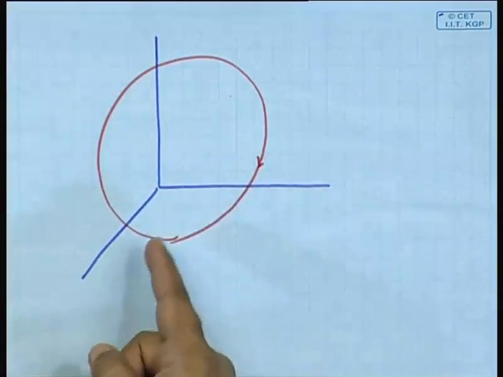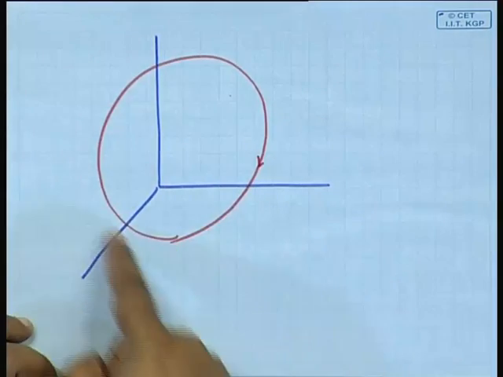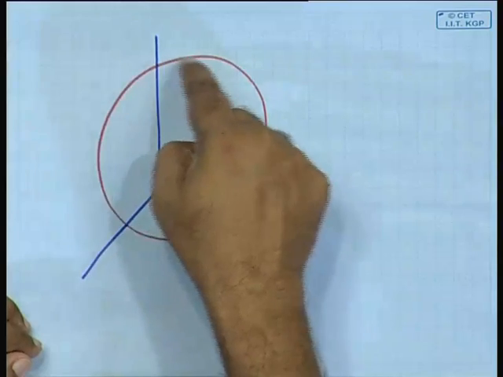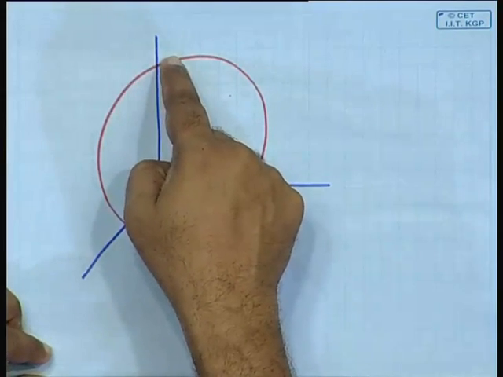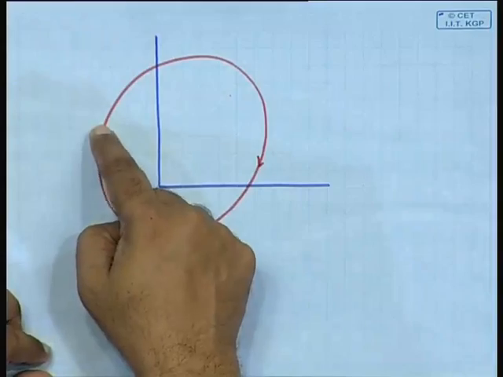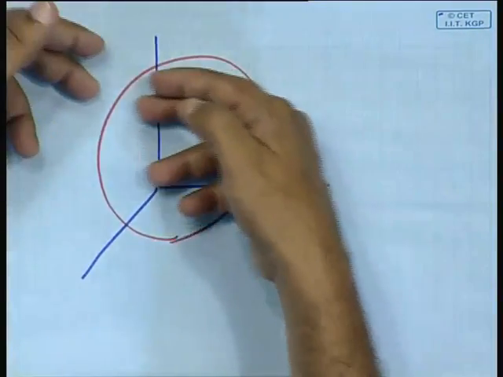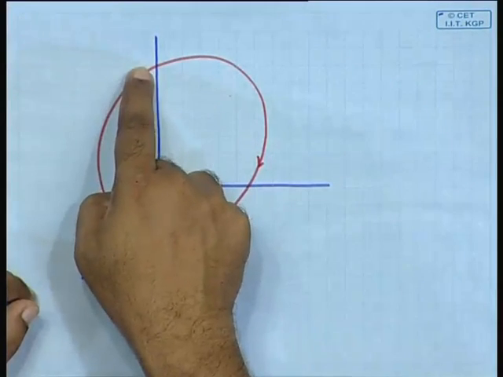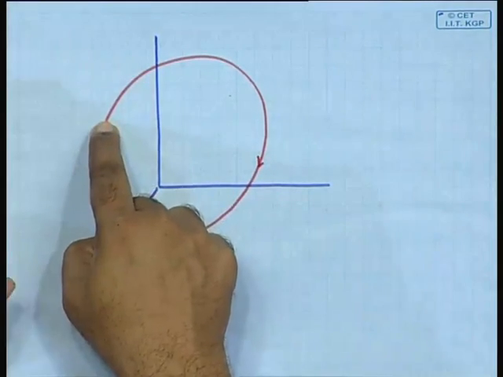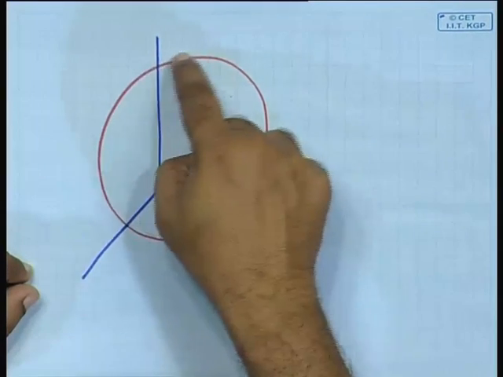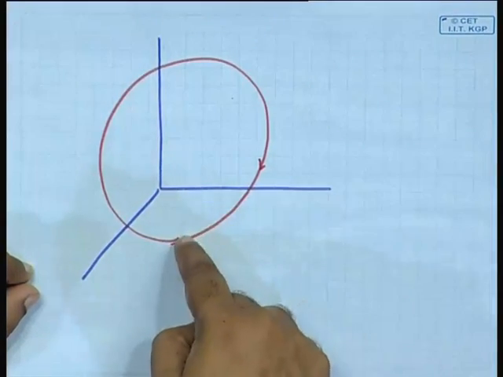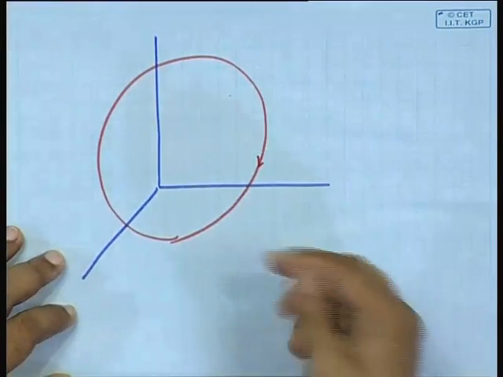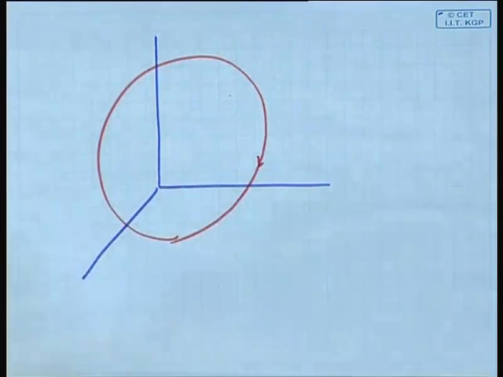Why? Because it is not a point, it is a set of points. Therefore, where will you apply? You cannot really go on applying in all these points, because each of these points will turn out to be unstable. Had it been stable, what will happen? All the points will converge, all the initial conditions will converge onto that point. That does not happen. If you start from here, it goes away, which means that this point is not a stable point. So, just by working out these individual points and working out their stability will not help. So, we have to do a completely different approach in order to understand the stability of the whole cycle.